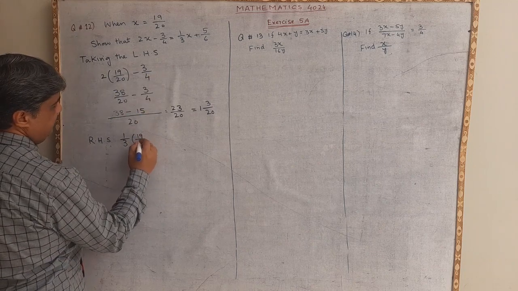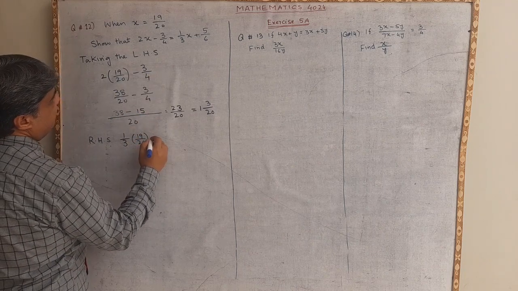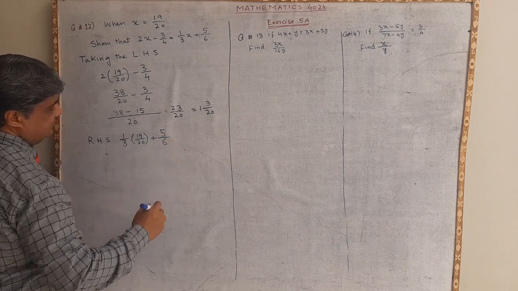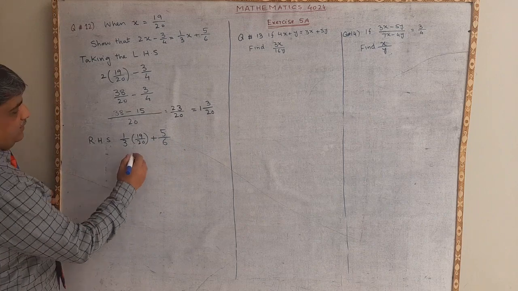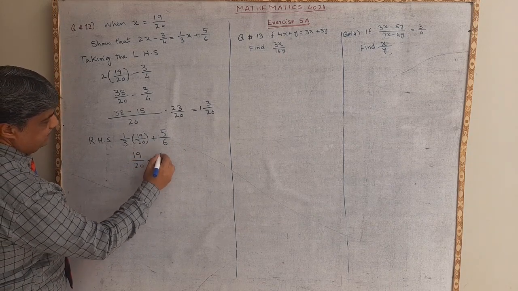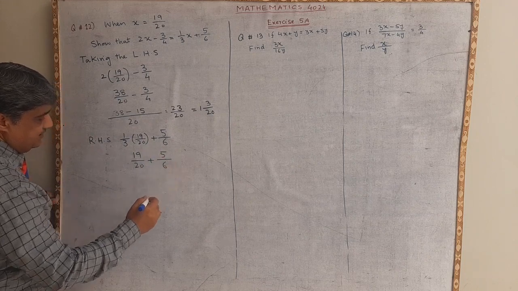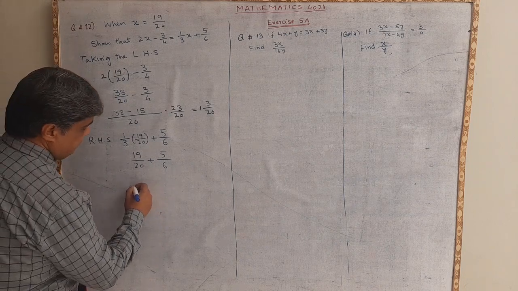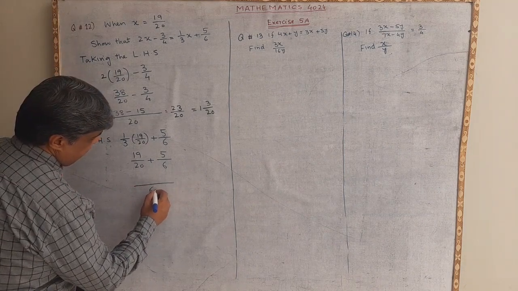19 divided by 20, and then 5 divided by 6. So it will be 19 divided by 20 plus 5 divided by 6. Ladies and gentlemen, we have to take 60 as the LCM,